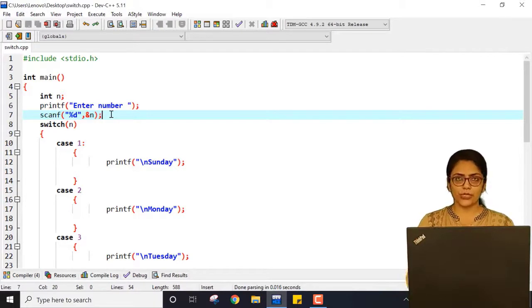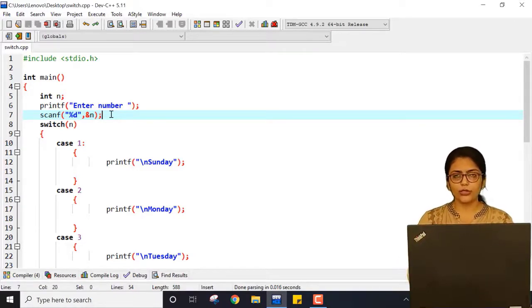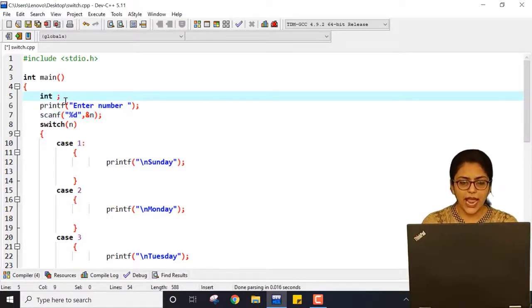That means if the user has entered 1, addition is to be done. If 2 is entered, then subtraction is to be done. If 3 is entered, then multiplication, and if 4 is entered, then division is to be done. You can also include the modulus operation, but I am not going to include it. And if the choice is other than this, then you write invalid choice. So for that, first I have to take 3 numbers A, B and C. I also have to take choice.